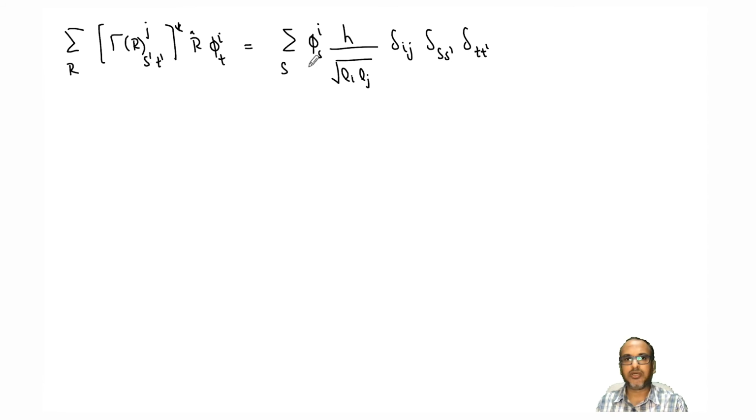Now we have a summation over s where s goes from 1 to l, right? So that means we can simplify the summation. All the values of s which are not equal to s prime will go to 0. So that means only s equal to s prime will survive over here. So out of this whole summation, I can just write one of the terms, right? So instead of this, what I'll write here is phi. Now my s becomes s prime because that's the only value which will survive. All the other values of s will go to 0.